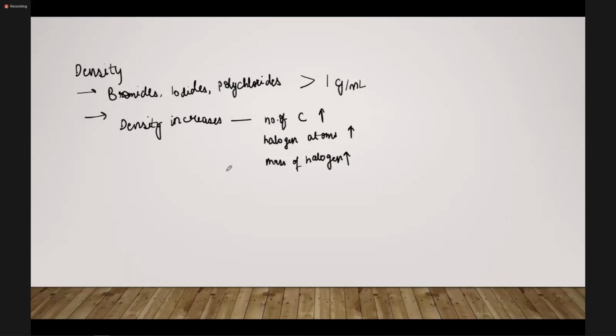Now we come to the last physical property, that is solubility. So haloalkanes are slightly soluble in water, very slightly. I mean we can even neglect them, and when we compare their solubility with water and the other organic solvents, it's negligible in the case of water. And why is it so? Because the original hydrogen bonds in water, they are stronger than the new attractions between the water and the haloalkane